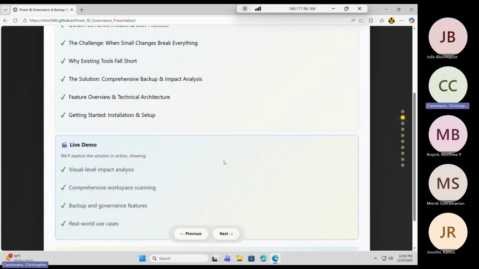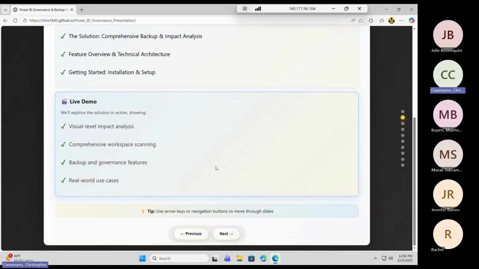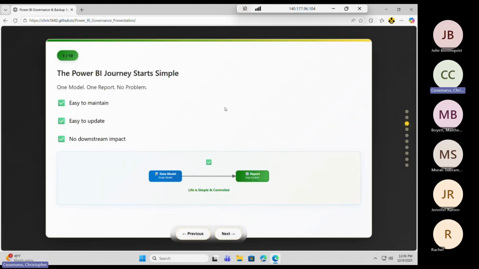So with that, oh, and yes, you also get the live demo, exactly what the final output of what this does, because the main feature is it gives you visual level lineage all the way across all your workspaces. So where exactly do I visualize everything I have a model for? So with that,